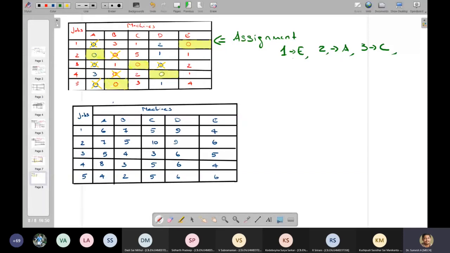So this is my assignment, and the cost of assignment will be